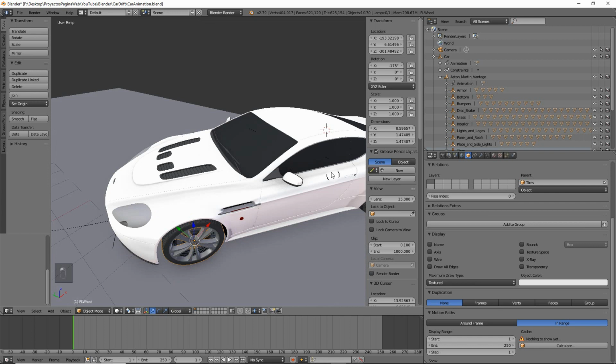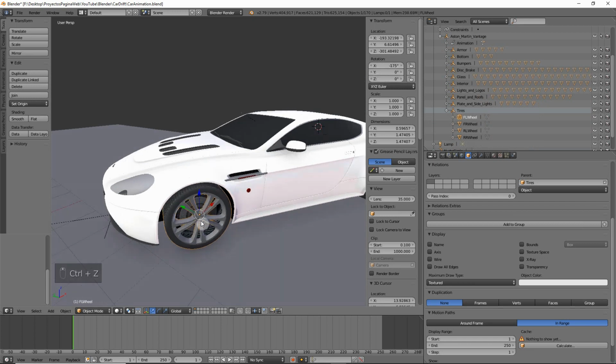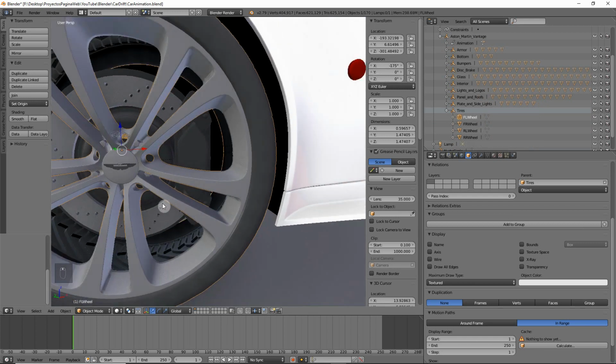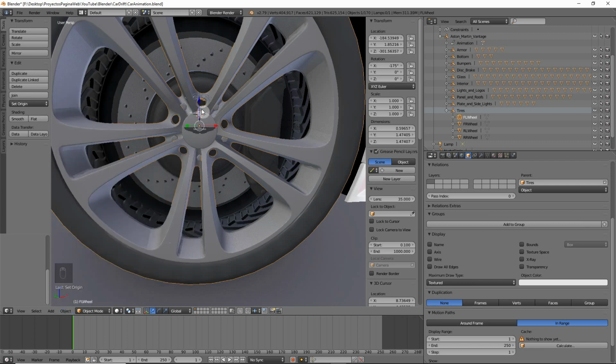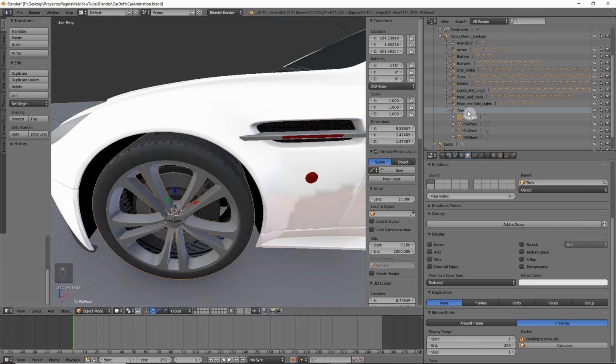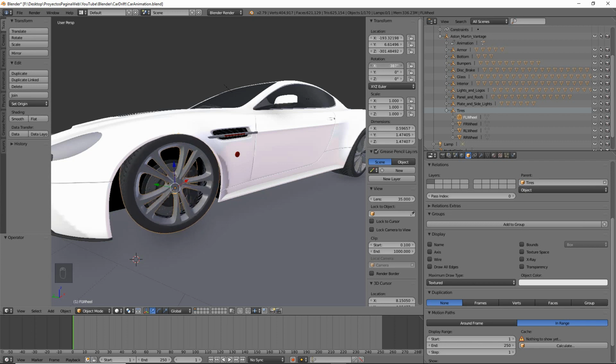So let's go back to global space, and then just make sure we see that it's rotating. But it's not rotating in a proper way because it's not around its origin. So for that we are going to transform origin to geometry. So we're going to do the same with all the other wheels. So what we see now, let's check with the rotation. What we see is that it's not actually spinning properly.